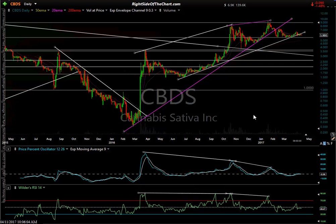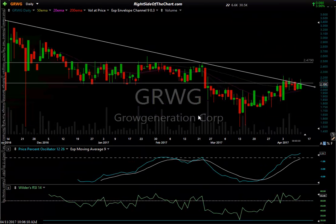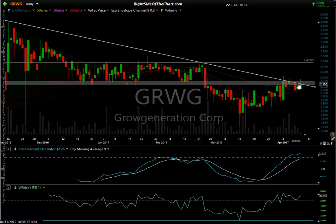Next up, let's see, CGRW. This one's relatively new. There's not a lot of trading history. There's a downtrend line right here. And what I like about it is it's intersecting. Again, these are some of my favorite trades, whether you have intersecting trend line and horizontal support or price,